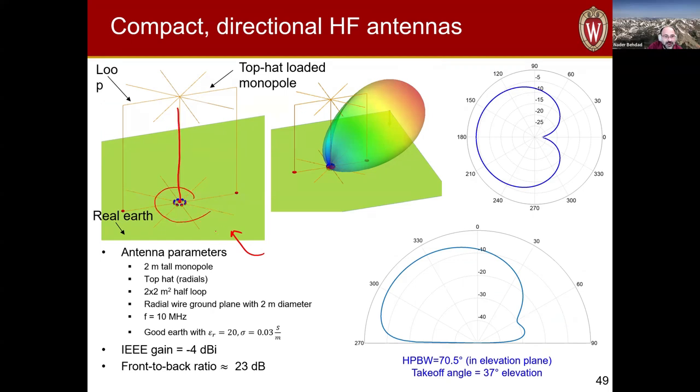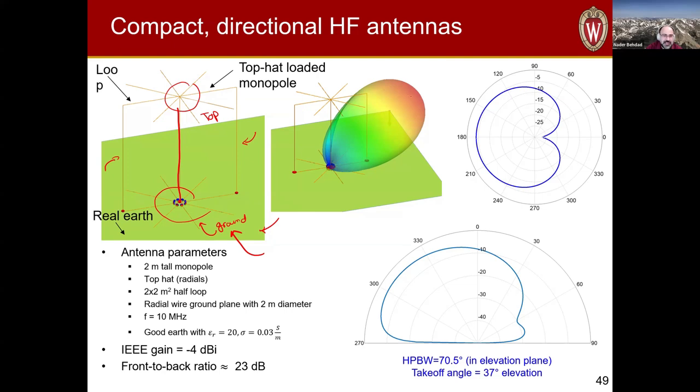So these radial wires are basically my ground plane for the monopole. There are some radial wires on top that are the top hat for my monopole. And then there is a loop antenna in this place. You combine the radiation of these two elements with appropriate excitation coefficients between the loop and the monopole, and the whole thing is placed on real Earth here, and you can get a pretty directional